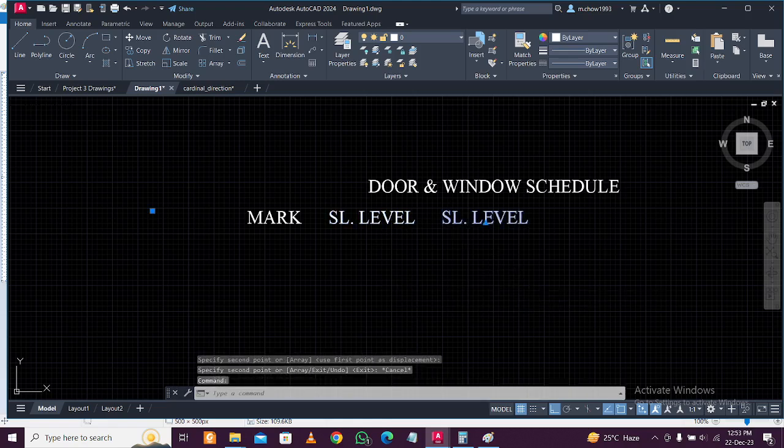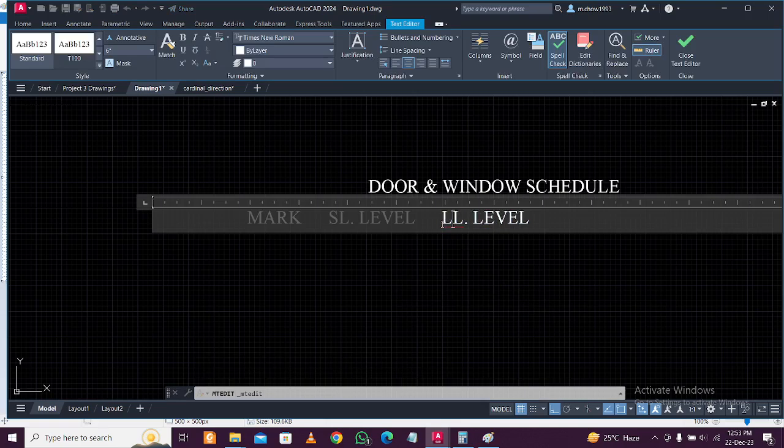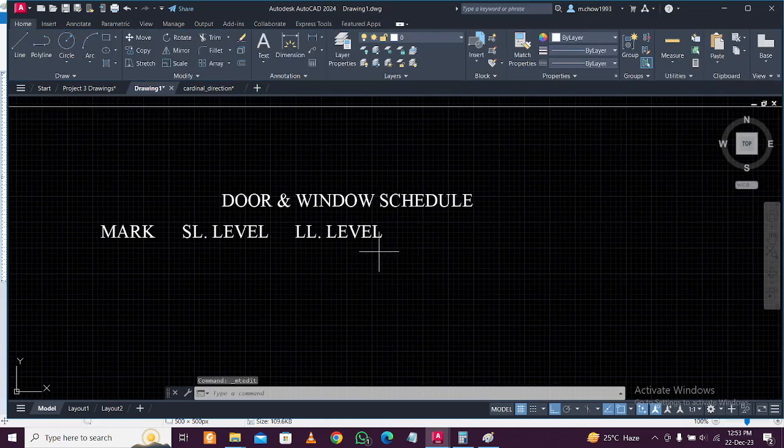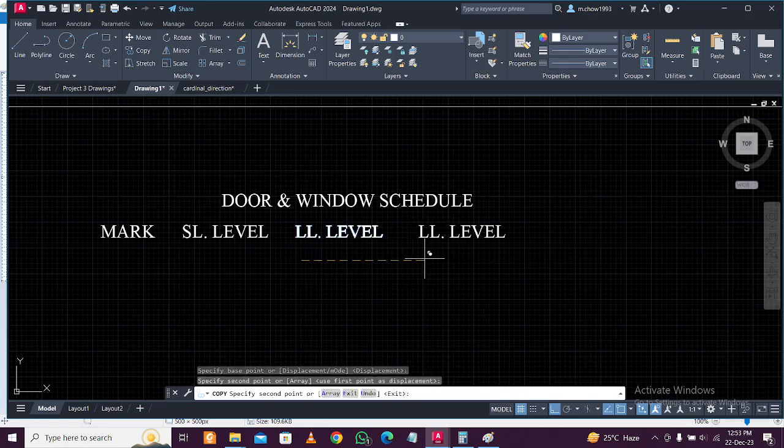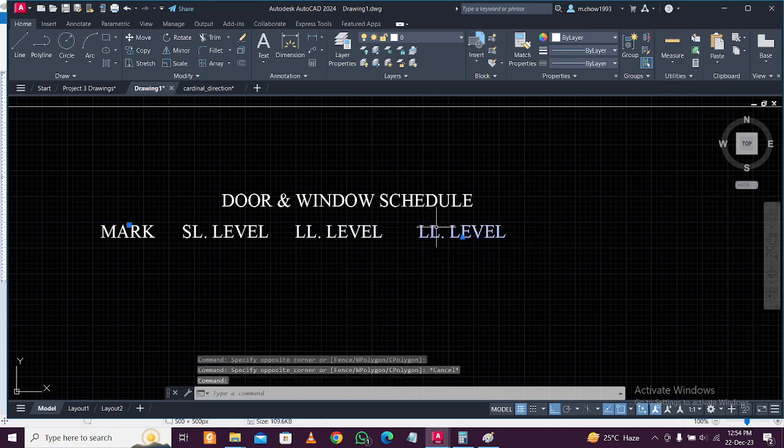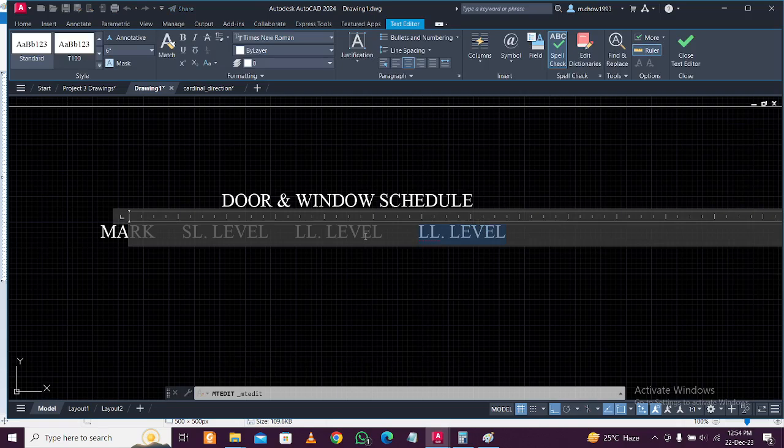Lintel level is the top level of that particular portion, okay, lintel level. And then we'll do the size. Everything will be in feet and inches, and we'll just do this later. This will be size,